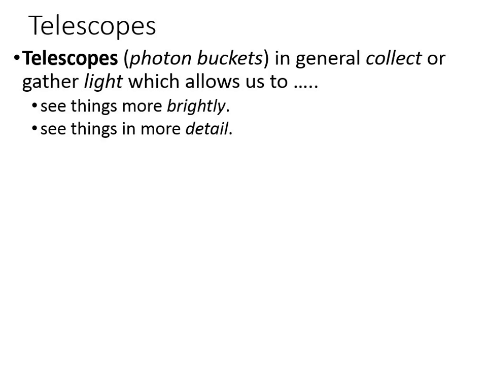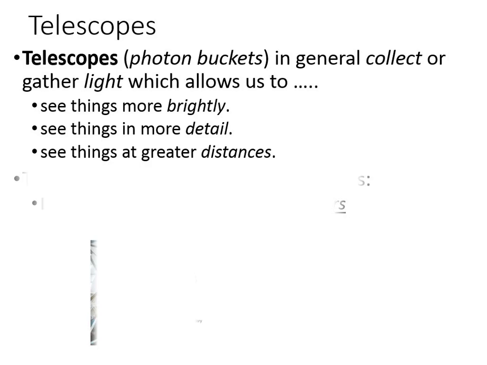If you have good angular resolution, you can actually look at the planet Jupiter, which has cloud bands, and you can see the cloud bands and even swirls in the clouds maybe, if it has good detail. The other thing is that it allows us to see distant objects, like the Andromeda Galaxy. Right now with your naked eye, if the skies are pretty dark, you can see a fuzzy patch. And then you get binoculars and you look at it, you're like, oh dude, that is so M31, okay? So it allows us to see things that are farther away.